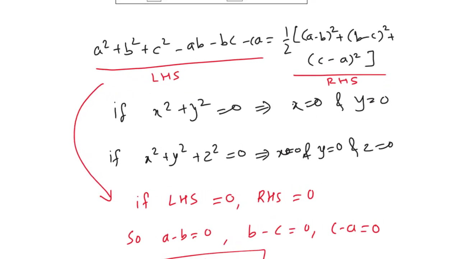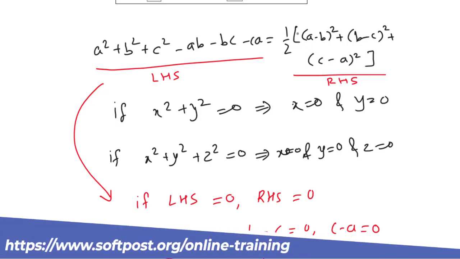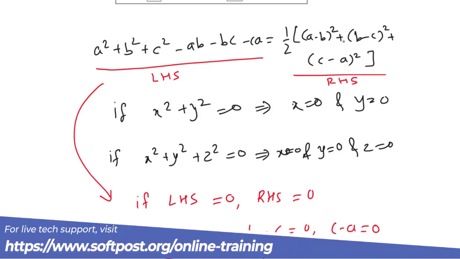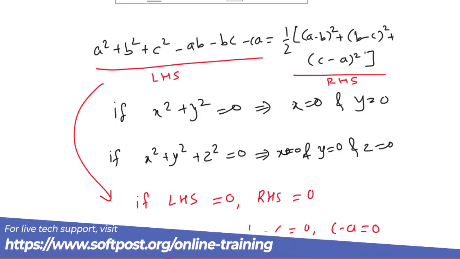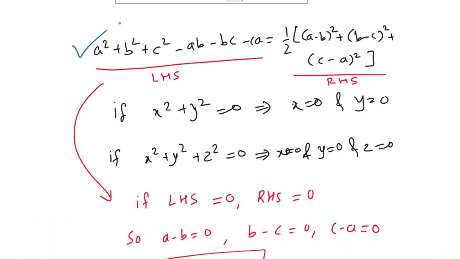तो बच्चों इस वीडियो में हम लोग एक इम्पोर्टेंट आइडेंटिटी देखने वाले हैं। a square plus b square plus c square minus ab minus bc and minus ca is equal to 1/2 inside the bracket (a minus b) square plus (b minus c) square plus (c minus a) square. So you must remember this formula. It's a very important formula. So we will see some examples on this, but before that you need to know that